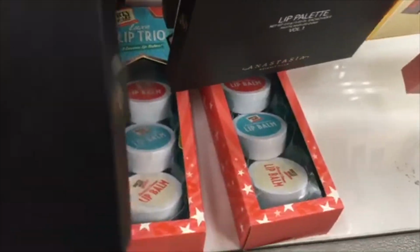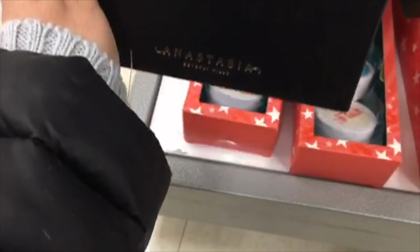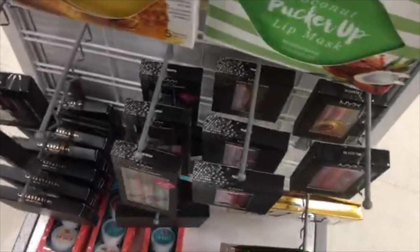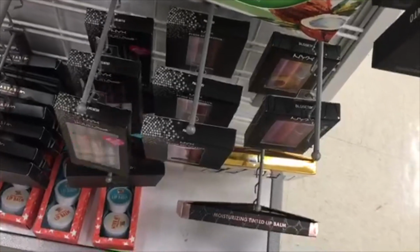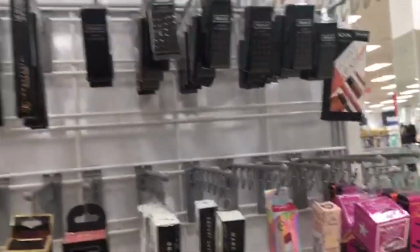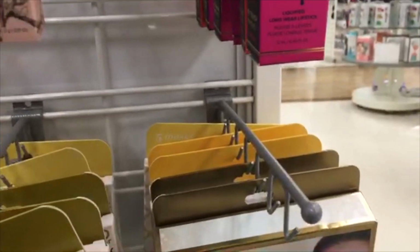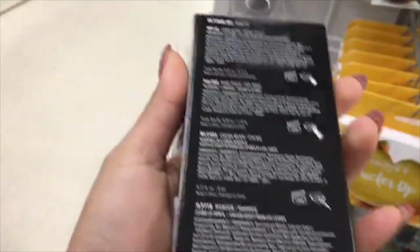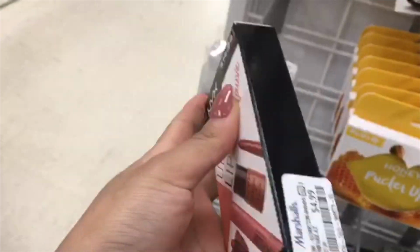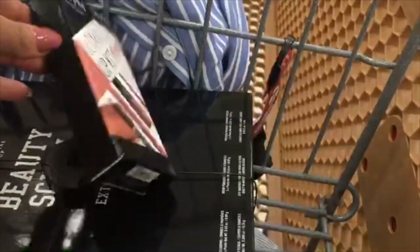And this one is the Anastasia Lip Palette. I have not tried this, but it's $24.99, which is not a bad deal. Comes with different colors. And there are more lippies over here. Some Marc Jacobs, looks like more NYX, and looks like Too Faced melted lipsticks. And this one is a little kit from NYX. It comes with a matte liquid lipstick, a lip liner, which is $4.99, which is not a bad deal at